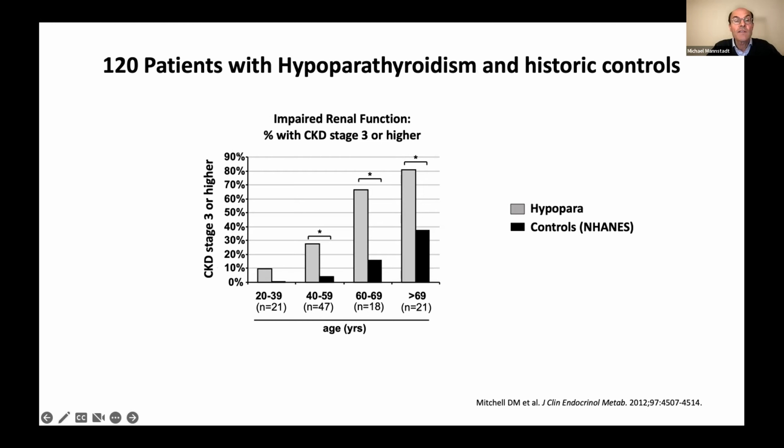So first of all, here you see the percentage of patients with chronic kidney disease. And there's certain definitions that can also change between papers. And here you see age groups. And in black are the control patients. This is a US population, a famous study, an NHANES study, that looks at what's the percentage of patients with chronic kidney disease. And you see it's very rare in young people. And in people older than 69, it's up to 40%. And these are not patients with hypoparathyroidism, right?